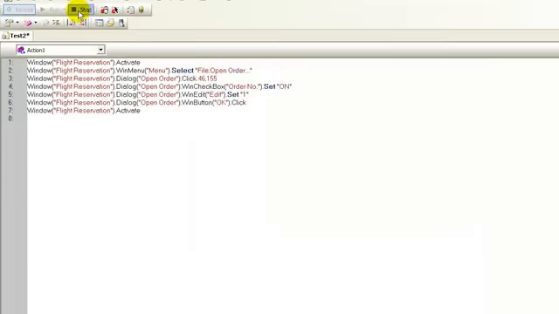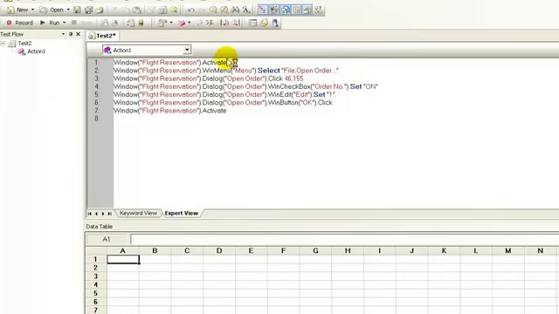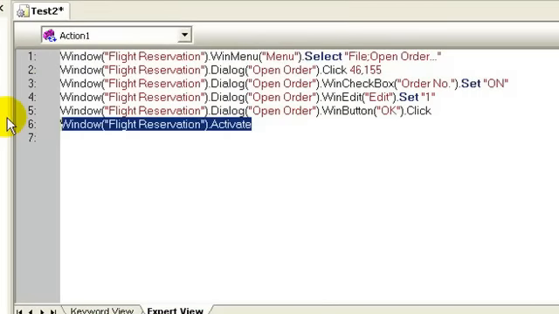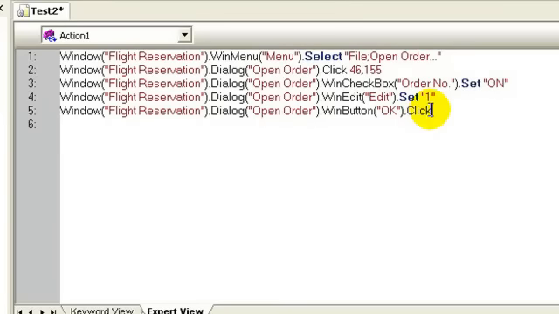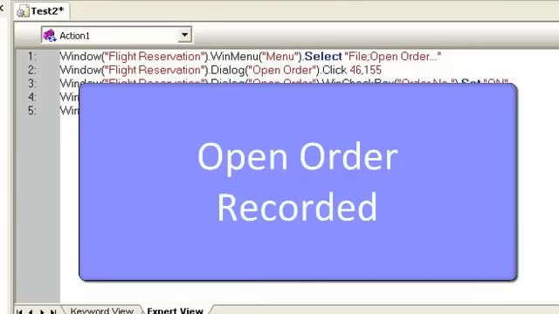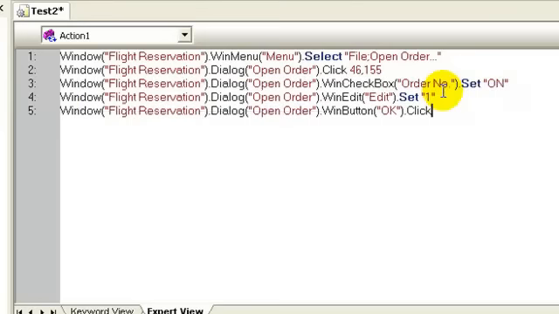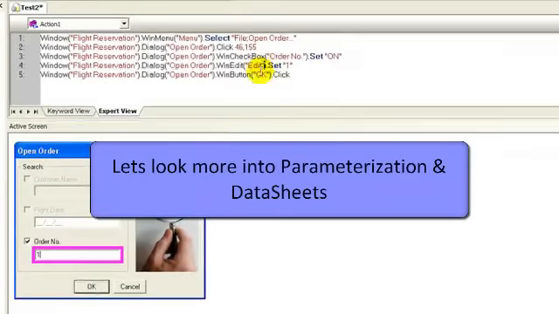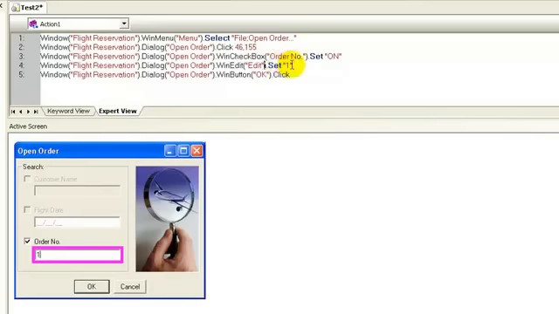Back in QTP, click the stop button to stop recording. Do away with the garbage steps. You can parameterize the order number.